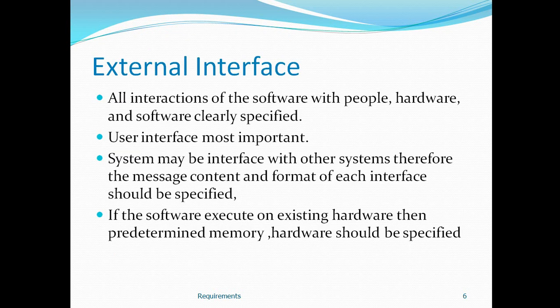Next we go to the next property of the SRS, external interface. All the interactions of the software with people, hardware and software are clearly specified. All the interactions of the software and the user interface, and the limitations, are to be clearly specified, including memory restrictions and hardware restrictions. The user interface is most important, so how the user interfaces with the system is to be considered during the SRS